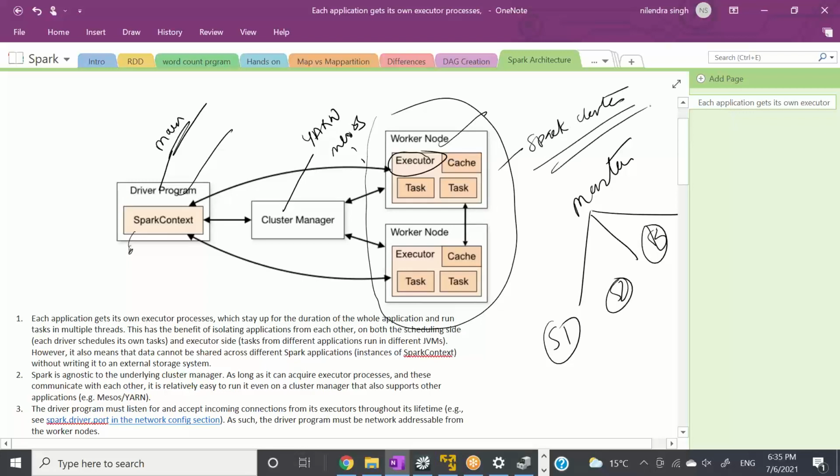But in reality, let's go one step ahead. Spark context is the context of the job you are running on the Spark cluster. Context means which block is getting processed, which executor has completed the job, which executor has failed, which executor is running slow.